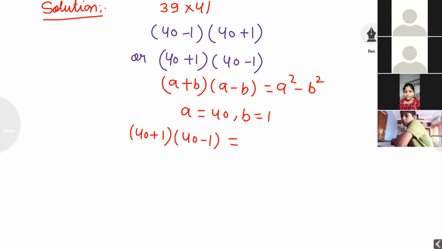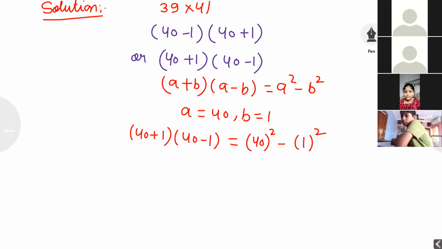Again I am reminding you students, don't write 40 square. Write 40 in the bracket, 40 whole square minus 1 square. If I am checking any homework you are writing like that, 40 square without writing any brackets. Again I am reminding students, always write bracket in square, always write in the brackets. 40 whole square minus 1 square. Why am I always stressing, guys, in the brackets?